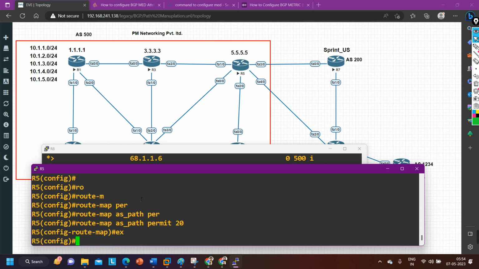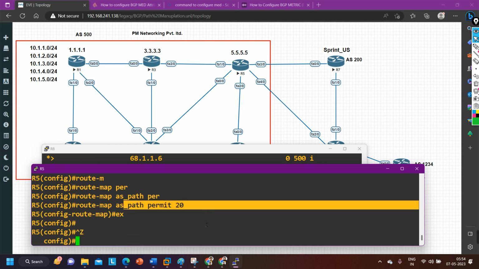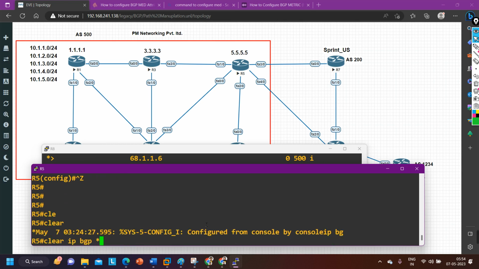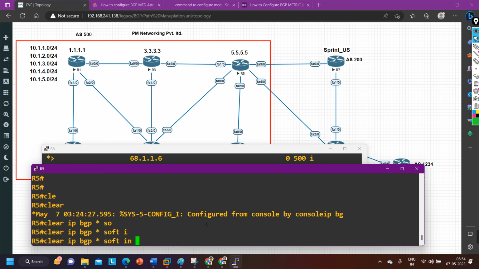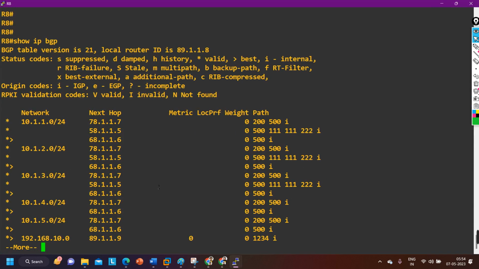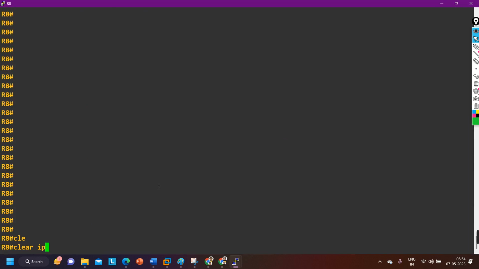So I have created one same route map with a permit statement with a higher sequence number, and now I am going to clear the IP BGP table, clear ip bgp * soft in. Or if you want to clear the BGP table with a neighbor, that also you can do. Now on router number 8, if you check the BGP table, clear ip bgp * soft in,